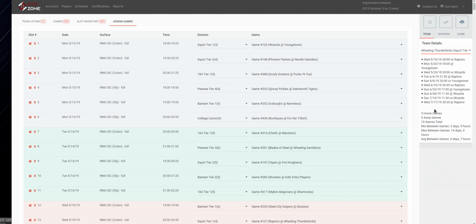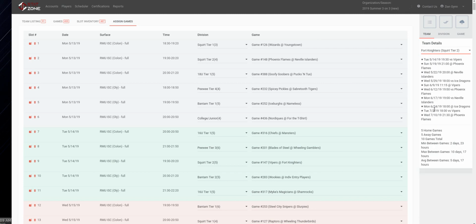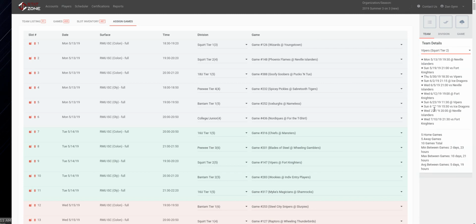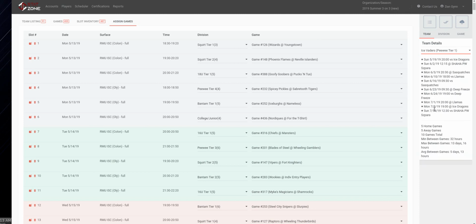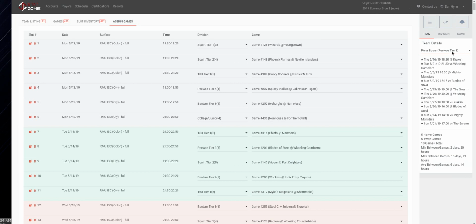Okay, so now we're into the full ice. And you're going to see 3 days, 2 days, 3 days, etc. I'm going to skip through until we see any smaller ones. And for all of these, like I said, you can see all the games that they have, number of home games, number of away games. That's going to be even because it's going to generate it that way. Total number of games, minimum time between games, maximum time, and the average. So as I keep scrolling here,